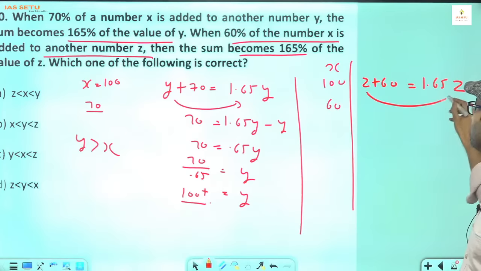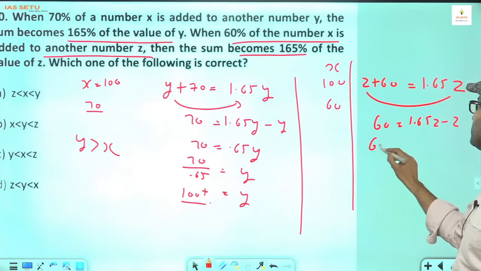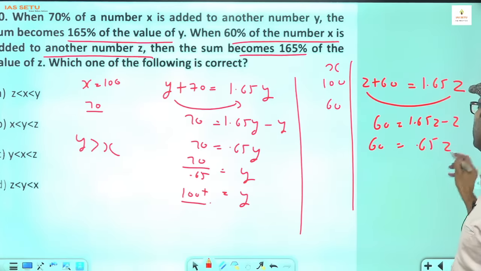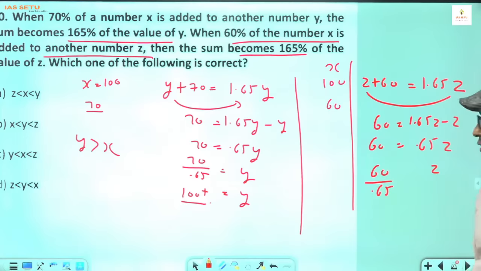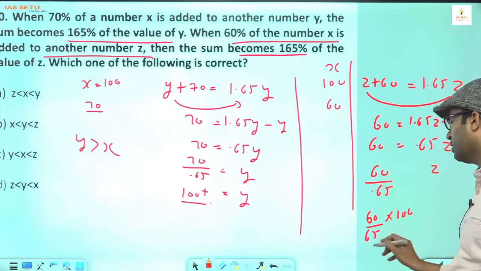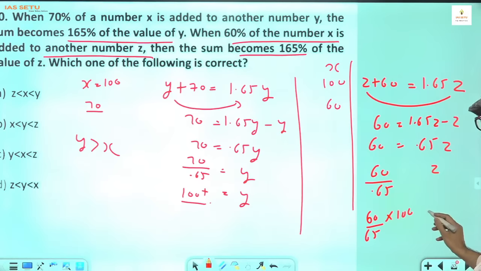तो you take z this side, तो 60 is equal to 1.65 z minus z, 60 is equal to 0.65 z, value of z will come 60 upon 0.65. See here, तो 100 ऊपर चला जाएगा, 1600 upon 65, so this is denominator is bigger than 60, value will be less than 1, तो here z will come less than 100, ये 100 से छोटा होगा, तो x is 100,